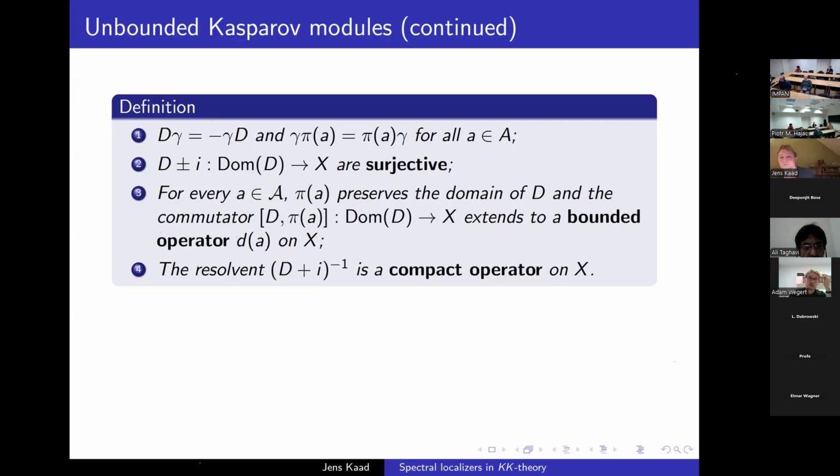Okay, second question, do you really want this D plus i to be strictly surjective or only having dense range? If it has dense range, it's automatically surjective because D is closed. Even if you defined it only on this domain of D, not necessarily on the entire space? Yeah. So it's enough for checking 2 to check that it has dense range. Okay, thank you.